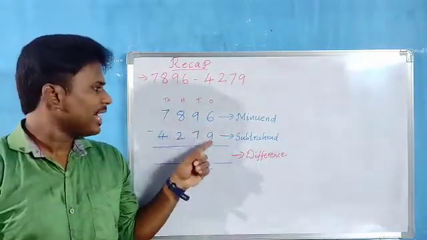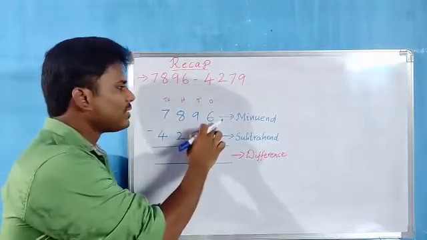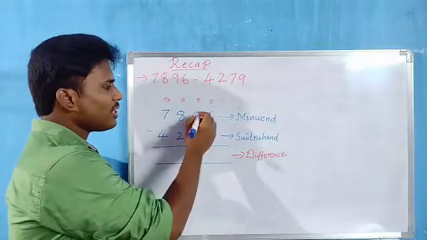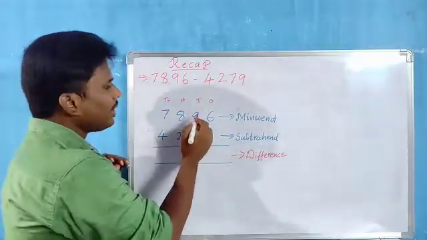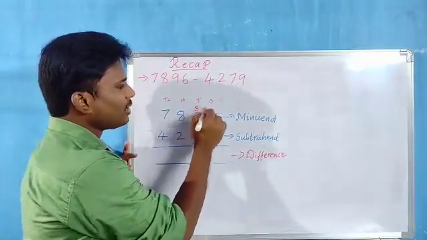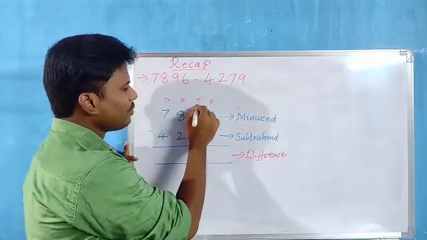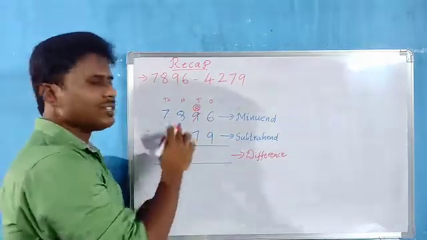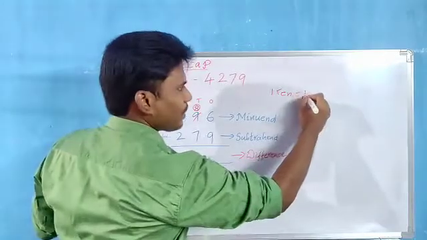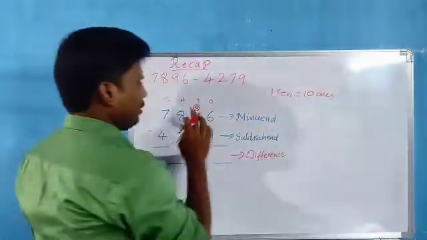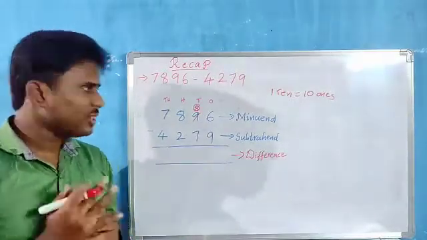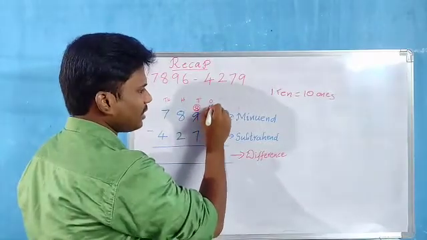So we have to subtract 9 from the 6, children. See, here we have only 6 ones. Here we have 9 ones. We cannot subtract in this way. So what do we have to do, children? We have to regroup from the left side place, that is the tens place, children. 9 tens are there. And if I regroup 1 to the ones place, you will have 8 tens, children. Now see, children, as we know, 1 ten is equal to how many ones, children? 10 ones. Now 10 ones plus the 6 ones we already have. 10 plus 6, how much, children? It is 16 ones. So we will have 16 ones here.